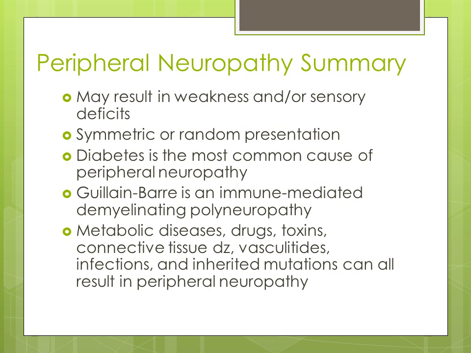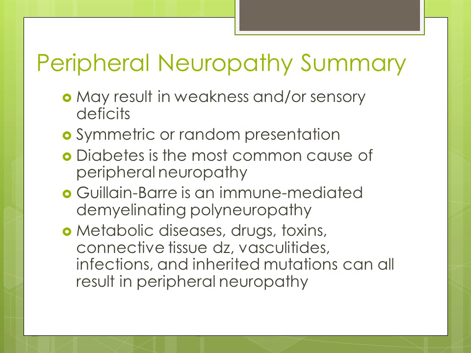Okay, next we have the peripheral neuropathy summary. And so in general, a peripheral neuropathy may result in weakness and/or sensory deficits, so those paresthesias, that numbness and tingling. They can be symmetric or with random presentation. Diabetes is the most common form of peripheral neuropathy, and then Guillain-Barré syndrome is going to be an immune-mediated demyelinating polyneuropathy. And then I didn't talk about these, but just to be aware that there are other metabolic conditions,